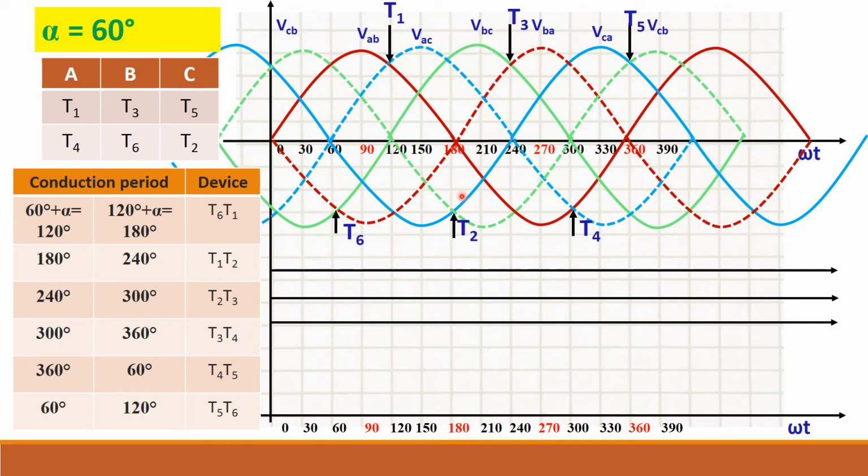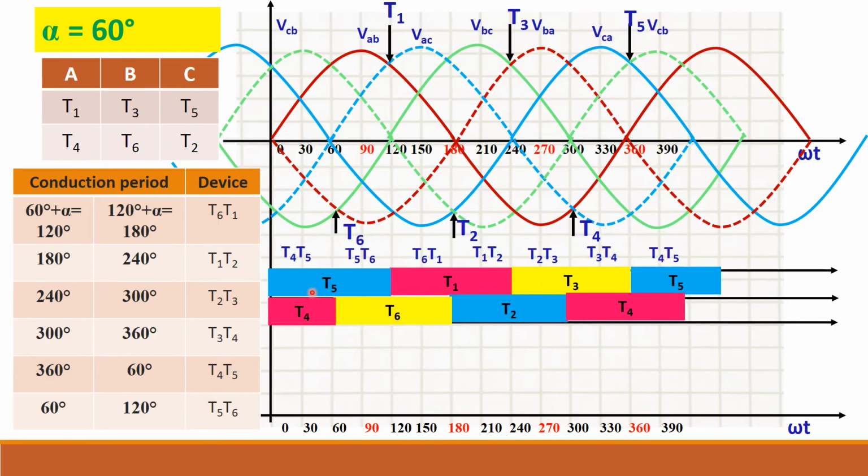T2 starts at 180 degree. T3 starts at 240 degree. Like that you mark all the instants, and here upper devices let us mark it and lower devices mark it, and mark the combination. So once you finish this one,